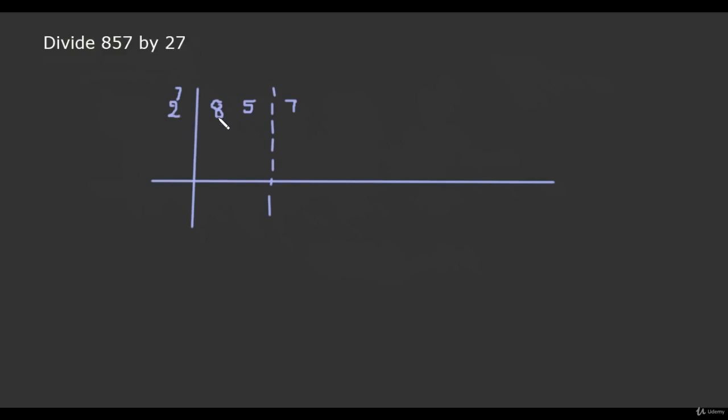Now here 2 can divide 8 4 times. But in that case the remainder is 0. So this remains 5. And from 5 we cannot subtract the product of 7 and 4, 28. So 2 cannot divide 8 4 times. So 2 will divide 8 3 times. Now if 2 divides 8 3 times, then the remainder is 2. From 25 it is possible for us to subtract the product of the flag digit and the first quotient digit, 21. So 4.